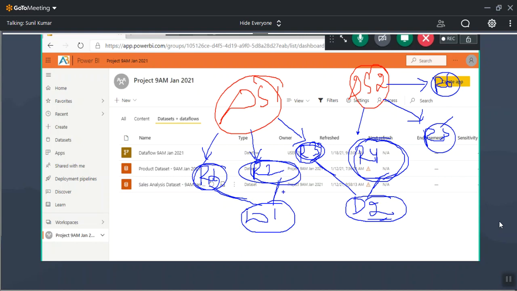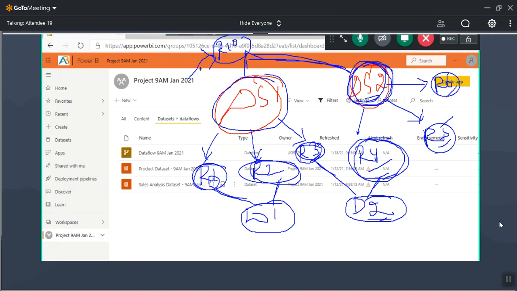The question here is, when I delete the data set 2, what happens to these reports? Report 4, report 5, and report 6 were developed on top of it. They will also ask, can we create a report on 2 different data sets? Someone tell me, using data set 1 and data set 2, can I create any report?